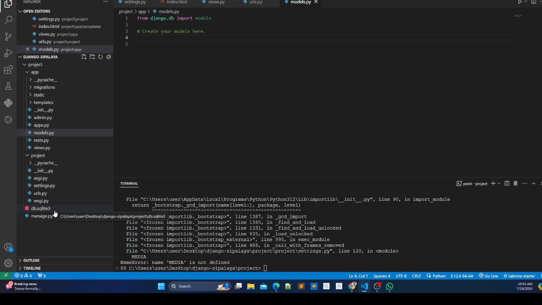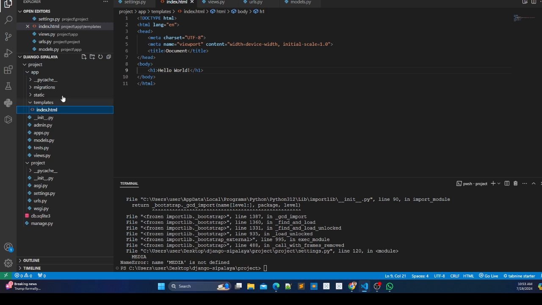So over here, what we are going to do is, inside that app, we have this templates, home.html. Let me first create that. Let me build up this template first, and then only we'll come to this models.py. In order to build this one, what we need to do now is